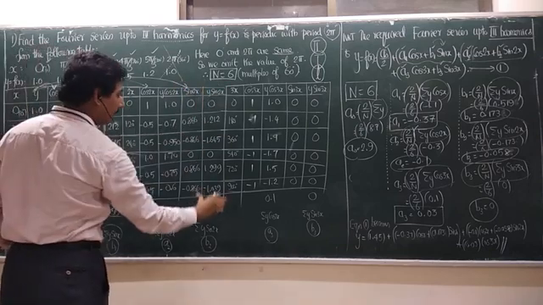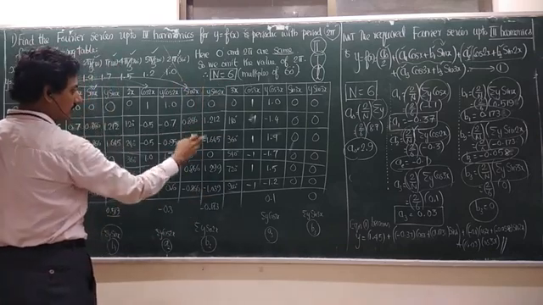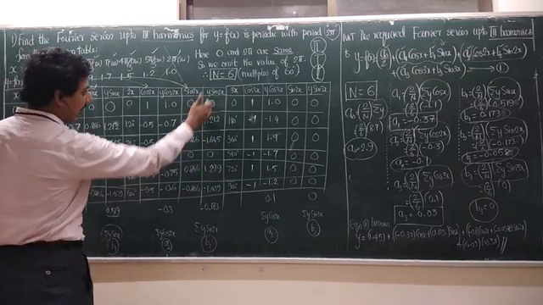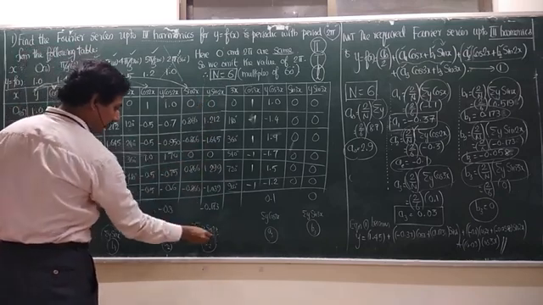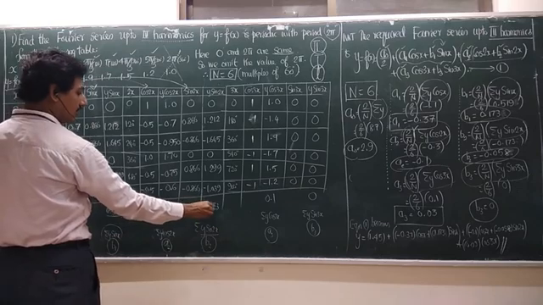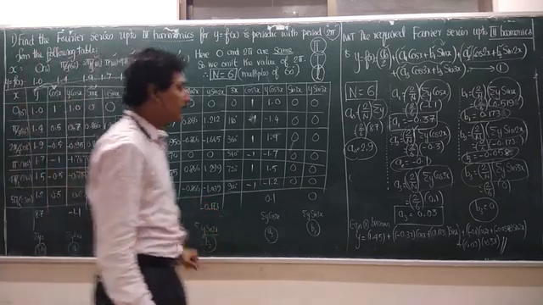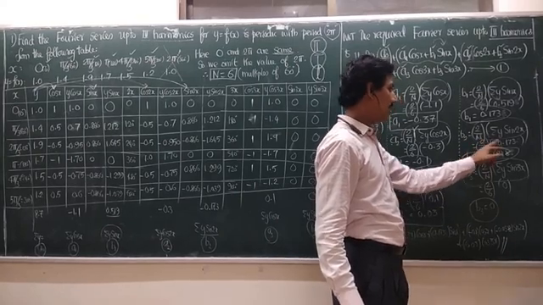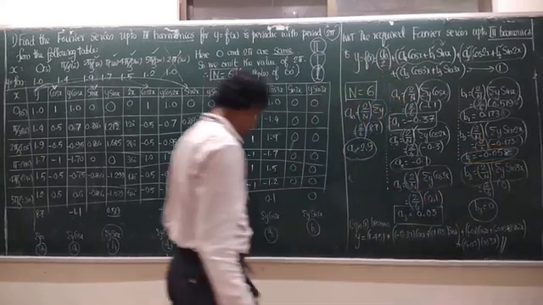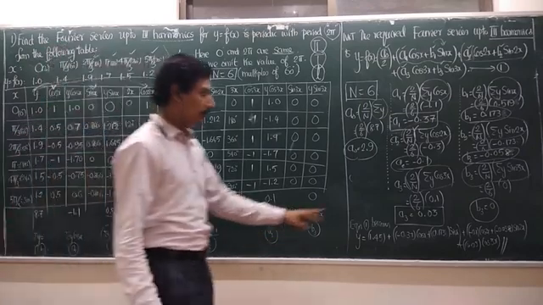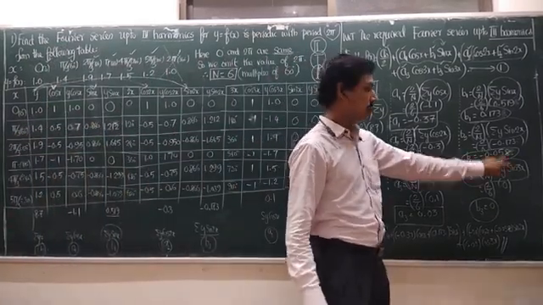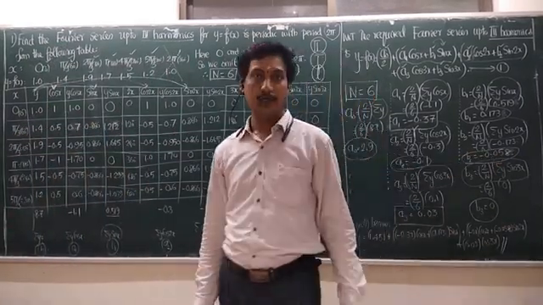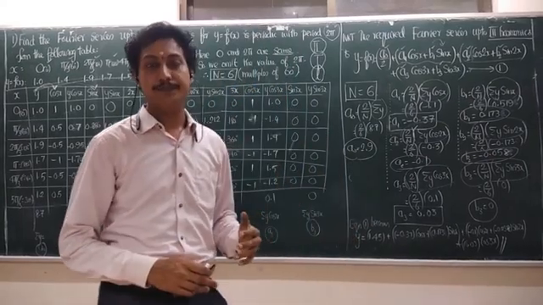Fill up this column. So these two are 0. Others are 2 positive, 2 negative. Adding this vertically, we get sigma y sin 2x as minus 0.173. Substitute this value in the b2 formula: 2 by capital N, that is 6, and minus 0.173. We get the b2 value, minus 0.058. Clear? This is the second harmonic.